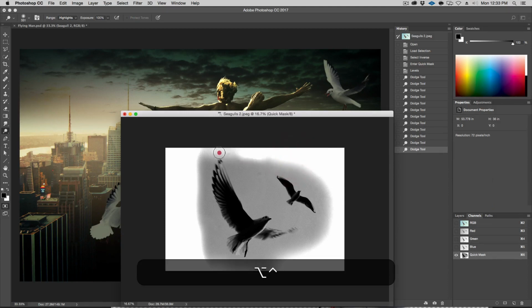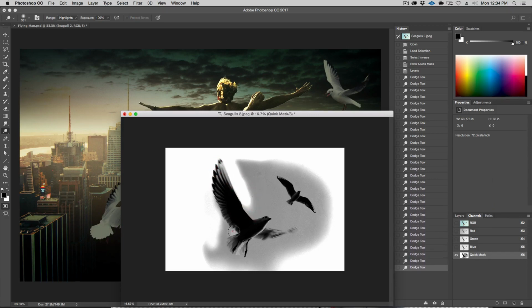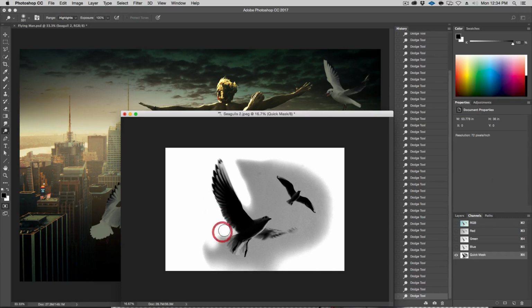Last time I outlined these birds, I used a magic wand, but I like to test this. Sometimes the channels give you the best outlines because it's using the pixels of the image, and a little better than magic wand sometimes. Let's try it out. Go like this. So I'm dodging everything that is essentially blue originally in the image, the sky, trying to keep everything else in there. What's nice is some of this blurred, like we would never have had this clean sort of blurred outline. Hopefully if it works, we'll see in a second. So yeah, just using the dodge tool to get rid of what I don't want.